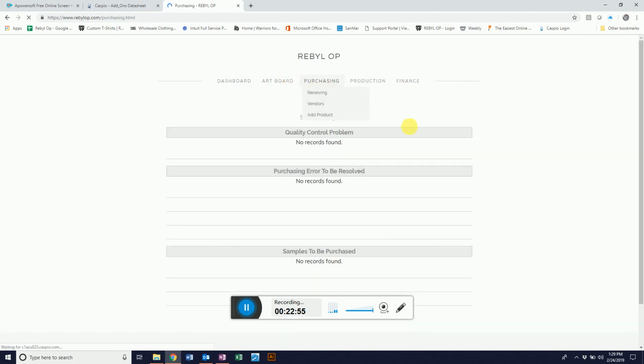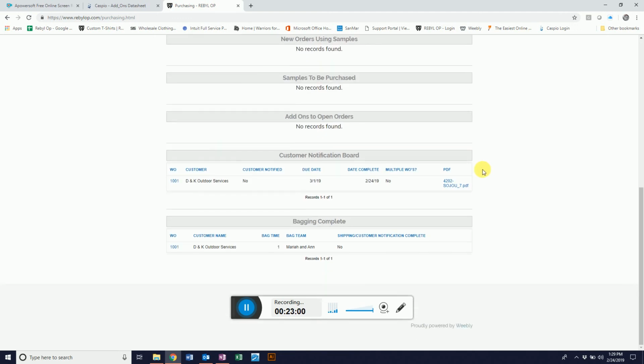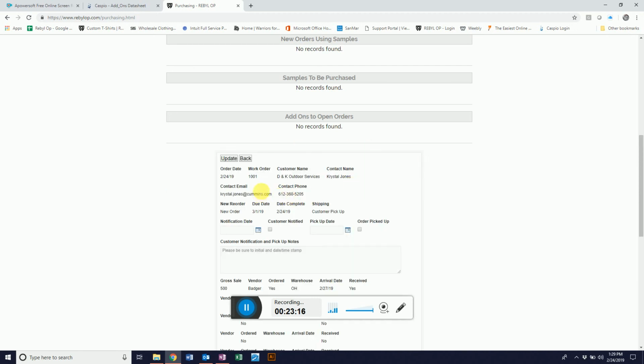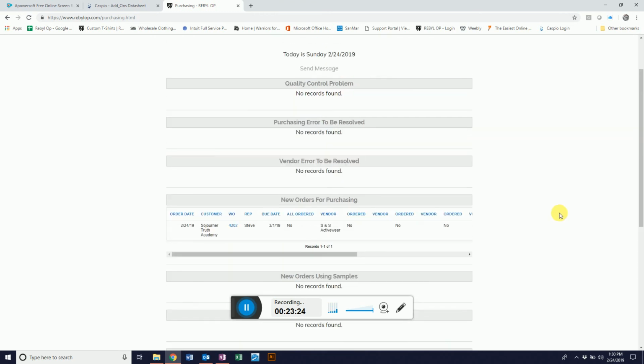It ends up in purchasing that says customer notification. So this is a customer pickup, so it ends up here. So Ann needs to contact the customer. So she'd open this PDF up and she would contact the customer, or she could even open this up and get their emails right here or their phone number. She would notify them. I'm not going to do that right here because I want to show you there's another place also,